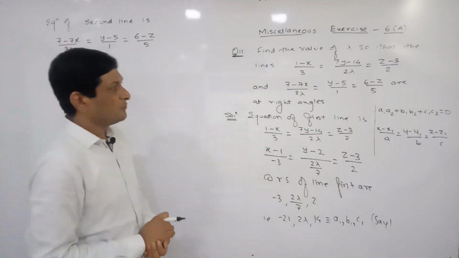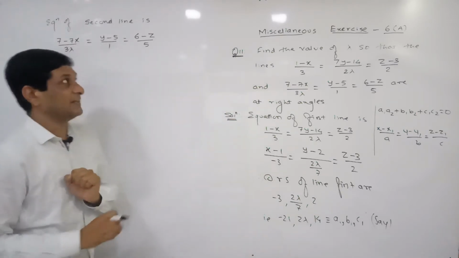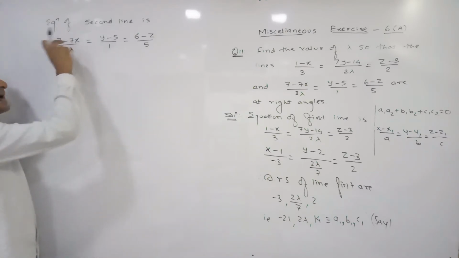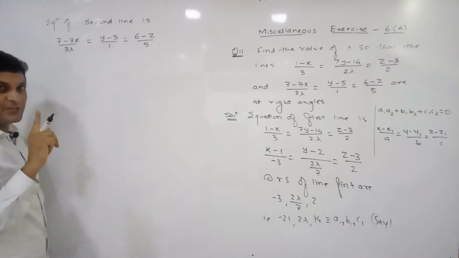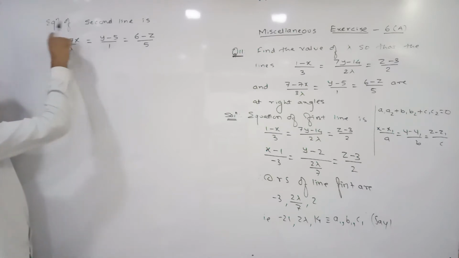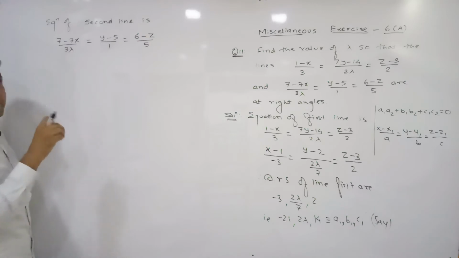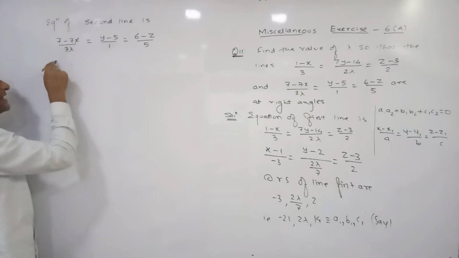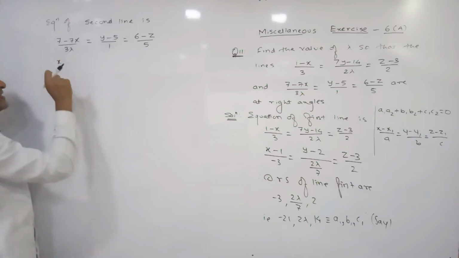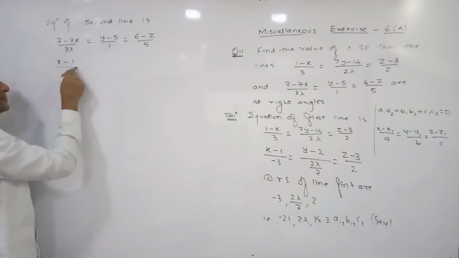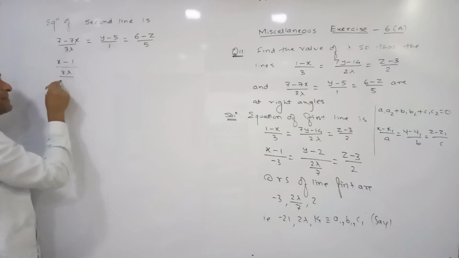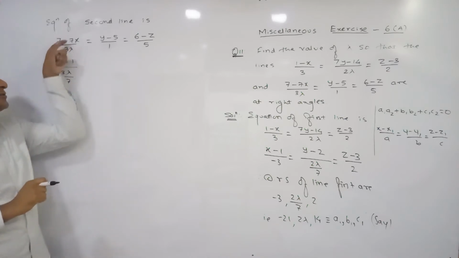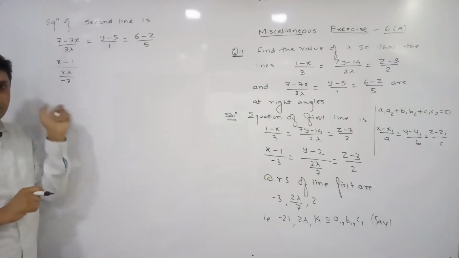Okay, now we are finding the direction ratios of the second line. So consider the equation of the second line. Here also, what is the coefficient of x? It is -7, but our required coefficient is +1. So I am dividing the numerator and denominator by -7. Dividing here by -7, -7x upon -7 is x. Dividing here by -7, 7 upon -7 is -1. And in the denominator, if we divide by -7, we get 3 lambda upon -7. Simply dividing numerator and denominator by -7, we get this result.